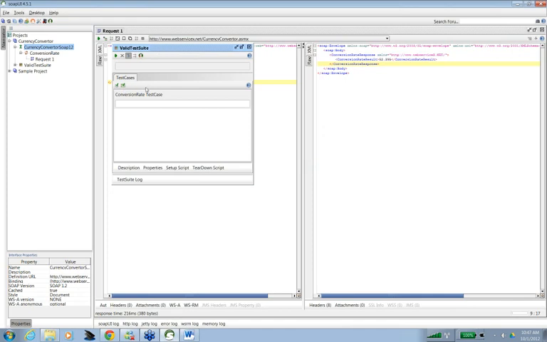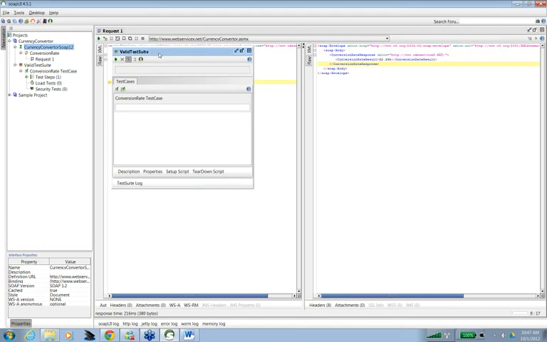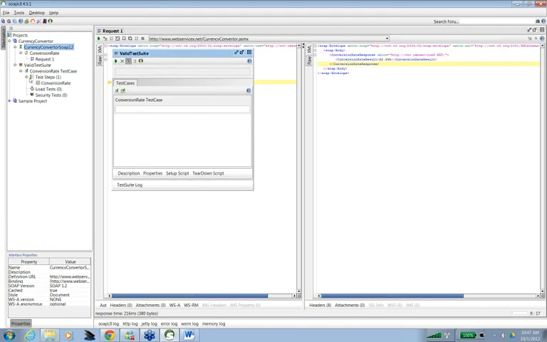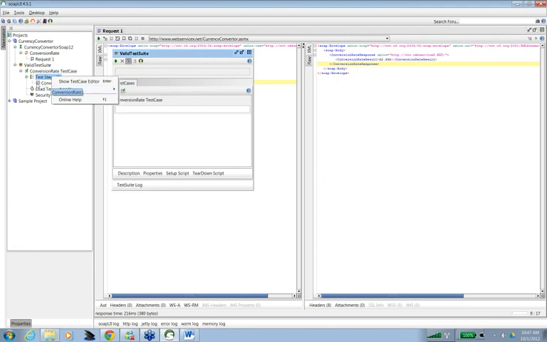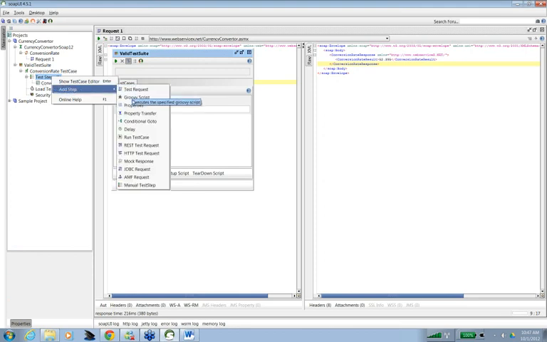Right. So here we have created a valid test suite. There is a drop down here, now I can add my test cases. When I create a test suite, it automatically creates a test case, and in each test case we can add test steps. One of the test steps which is already added is the request. There are different kinds of steps which we can add, a test request which is already added here. Then we have Groovy script.